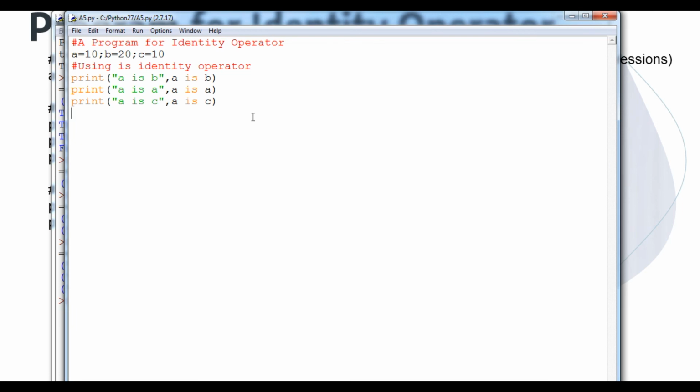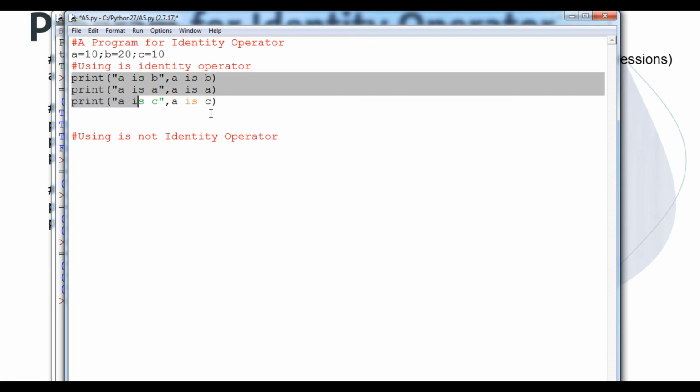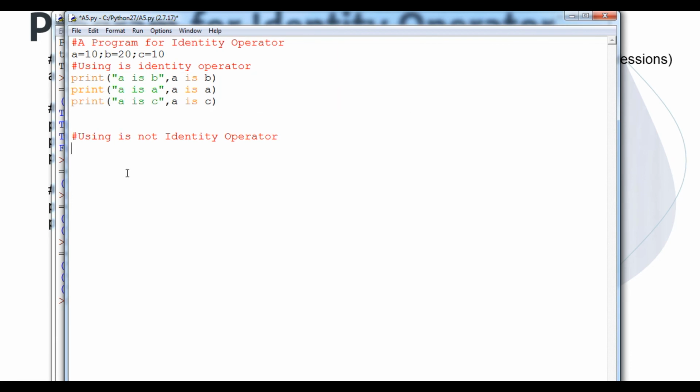And now the next one, using the is not identity operator. So what I will do, student, is copy the whole content again and paste it here.